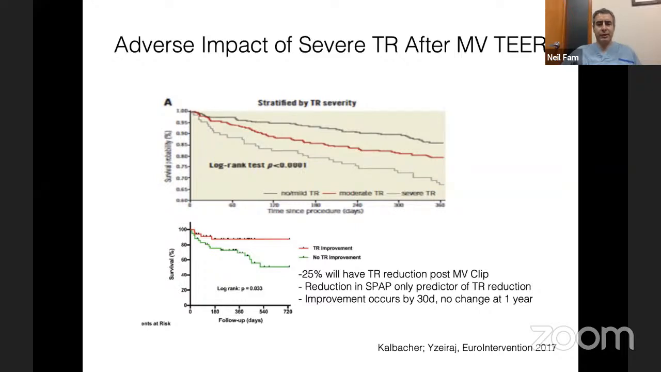What do we know about the TR getting better after treating the MR? It's probably only 25% or so who will see TR reduction after treating the mitral valve. The main predictor of this happening is the PA pressure comes down. Certainly patients in atrial fibrillation are more likely to have their TR persist because they also have annular